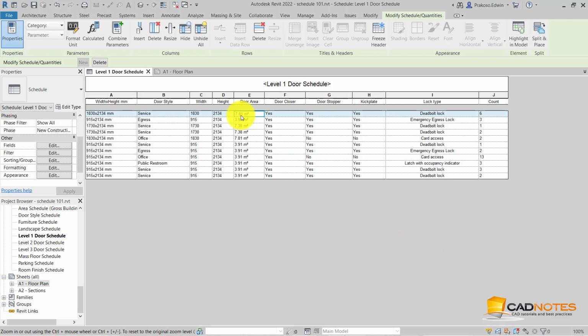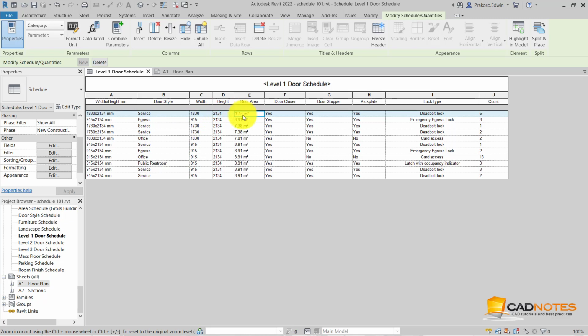Now we can see the door area is showing in square meters with two decimal numbers. Now we have the door area for each type. We have the 1830 times 2134.